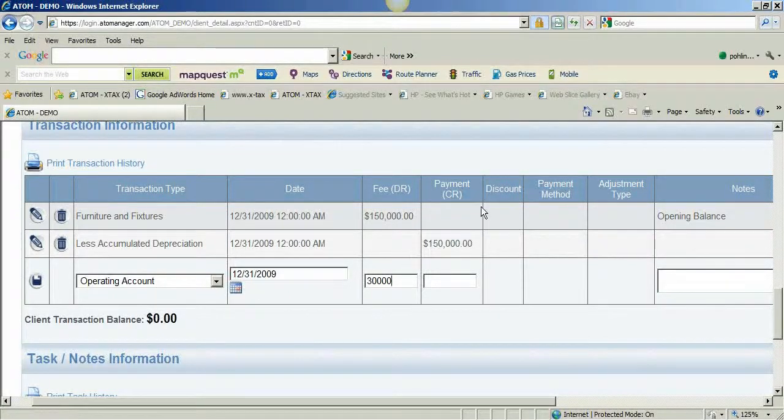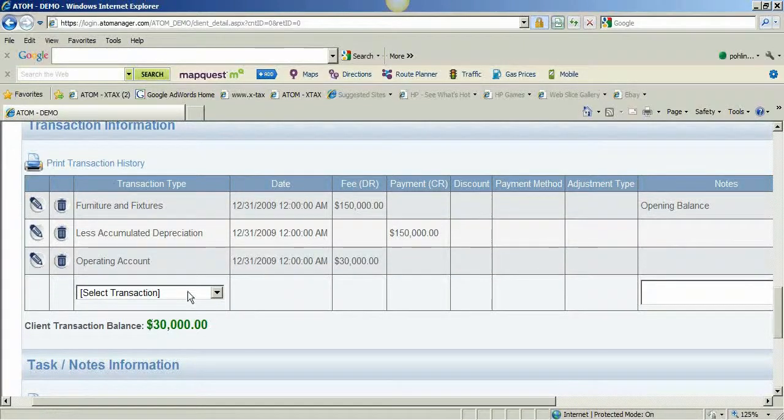Now I have both columns open, debit and credit, because there's times in my operating account I actually have to make a credit to my operating account. So I've opened up both fields, and you're going to notice you're going to have to do that sometimes, depending on the account or the transaction type. So when you're logging in your journal entries, you might notice, oh, why does he have the credit field open? It's because at some point I had to actually make an entry on the credit side for that account. Save it,